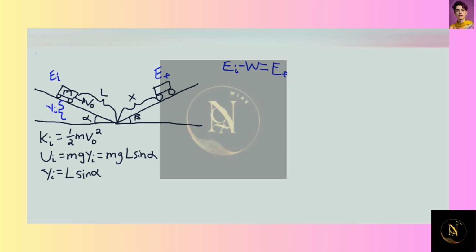Well, that final kinetic energy is just going to be equal to 0, because we say that the truck has come to a halt. We want to know how far it moves when it comes to a halt. So its speed is going to be 0, therefore its kinetic energy term must be 0. So then we want to know what the potential energy is at this point that it's gone up. Well, that potential energy, I'll call that